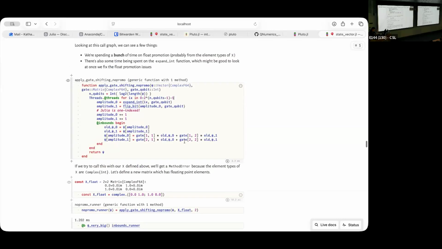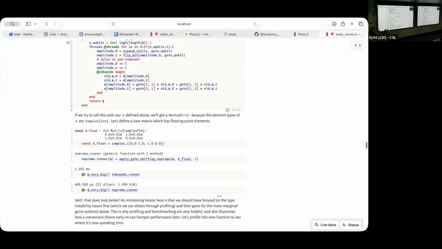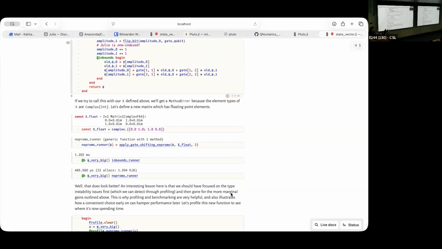And indeed, the short story here is, after converting X to be entirely complex numbers and running it with this newer function that ensures everything is complex, we do gain about 50 microseconds, which doesn't sound like a huge amount, but if you're applying 20,000